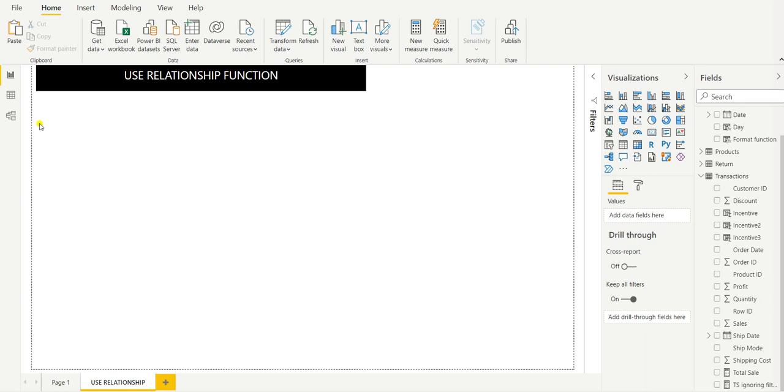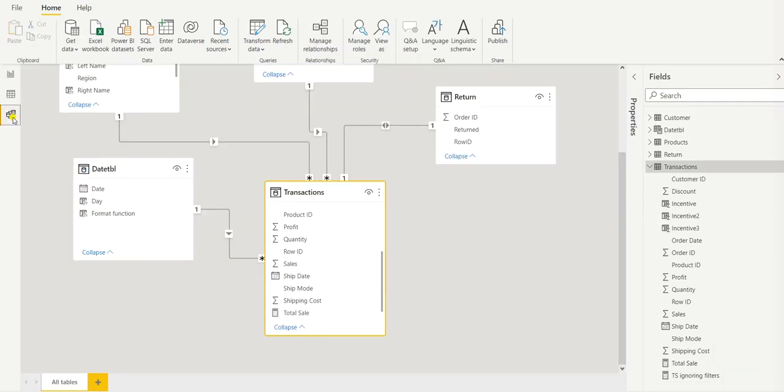So suppose in our relationship model we have created the relationship of the date table with the order date.